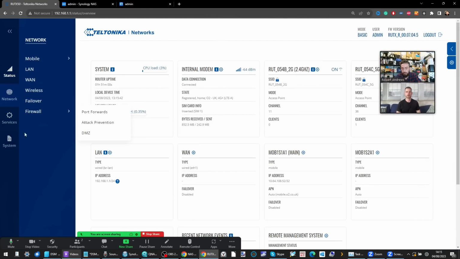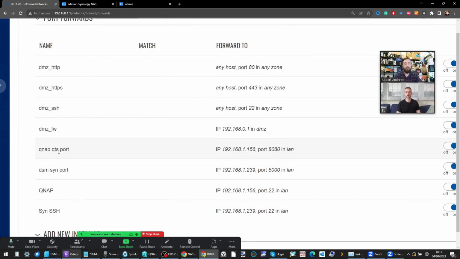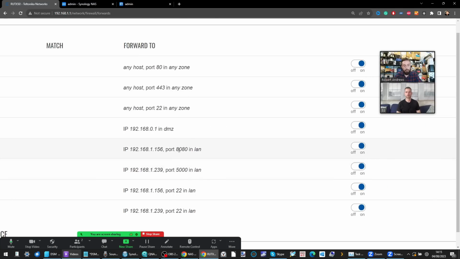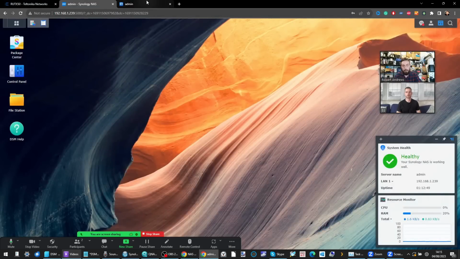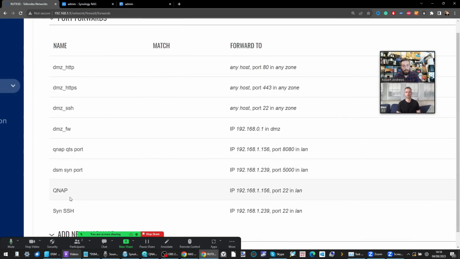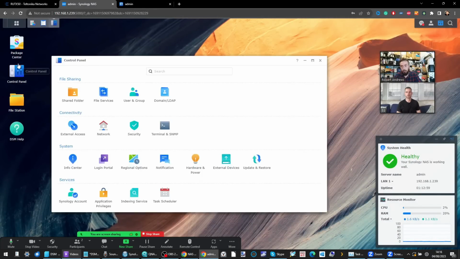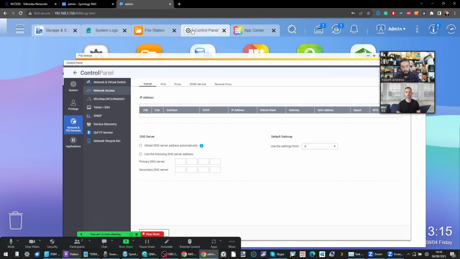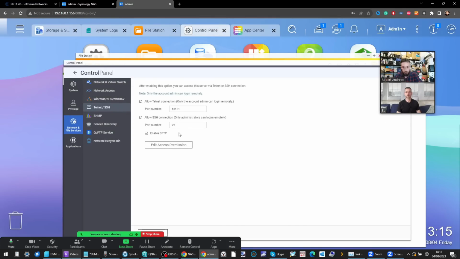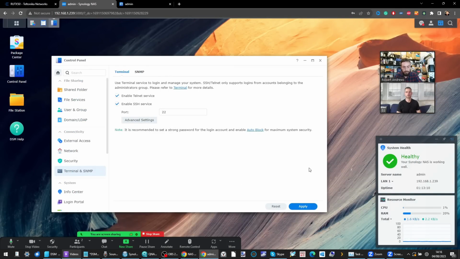And we need the DMZ, don't we? Port forwarding. So have a quick look, and boom, there we go. We've opened up the port for QTS and DSM on both of them, at 8080 and 5000 respectively, as you can see there at the top, everyone. And then on top of that, of course, we have opened up SSH there as well on port 22 for both of them. So if we go in and just double check that those ports are indeed correct. Let's go in and make sure those are correct. SSH, going in on port 22, and in the case of the Synology, port 22.